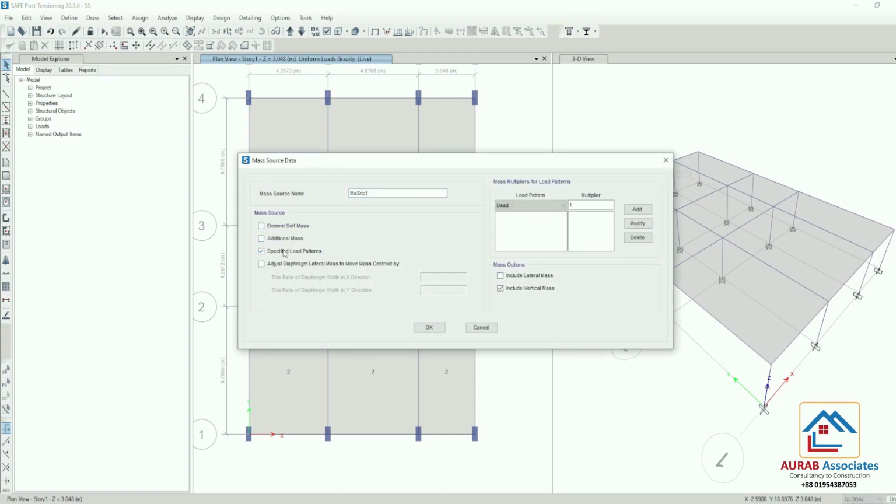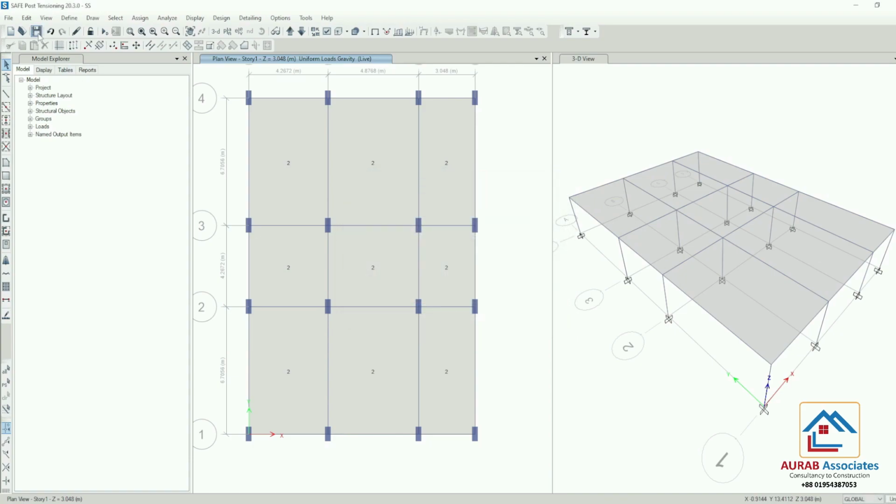Here we will use specified load patterns: dead load 1, wall load 1, partition wall load 1, floor finish 1, then live load. Here we are using 0.25 as all the values are less than 3 kilonewton per meter square. Okay, click on OK, click on OK.